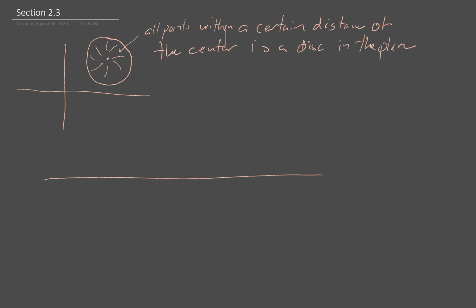Okay. How does that work on a number line? On a number line, if I have a center point, we'll call it C, and I go some distance to the right and I go some distance to the left, I end up at C plus, I'm going to call it delta for a little distance, and C minus delta. Okay. And all of these points are the points that are within delta to C. And that's going to give us a little interval that's centered on C. Interval of, I'm going to still call it a radius. Radius delta centered